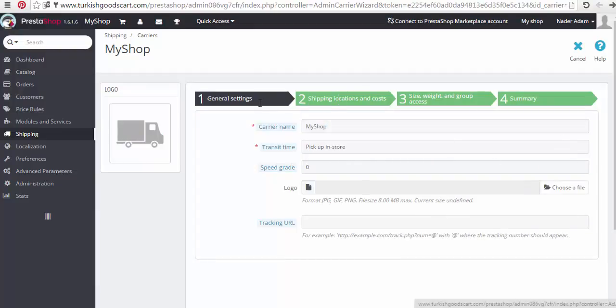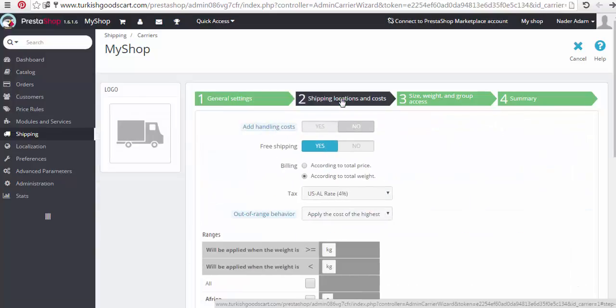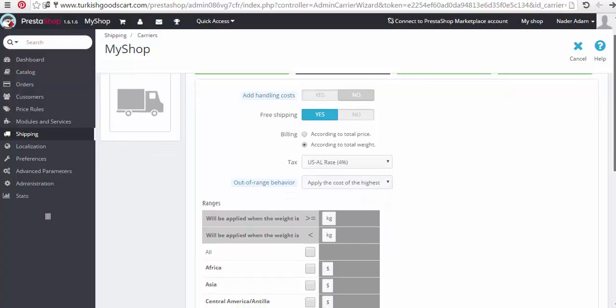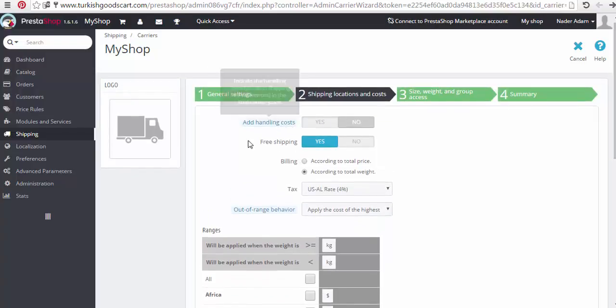Here we see the general settings with the carrier name, my shop, transit time, pickup in store, and the speed grade 0. The logo if we want to add some logo, and the track URL if you want to add the track for some shipping methods. Here we see the shipping locations and costs. In this part we will choose the available locations to be able to show at our store. Here we see add